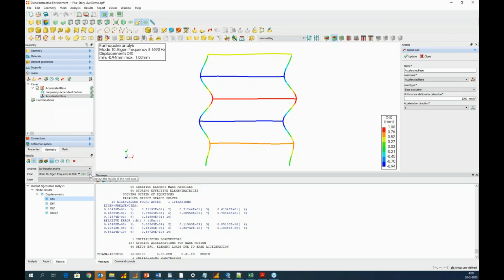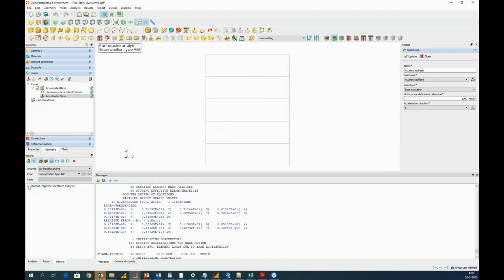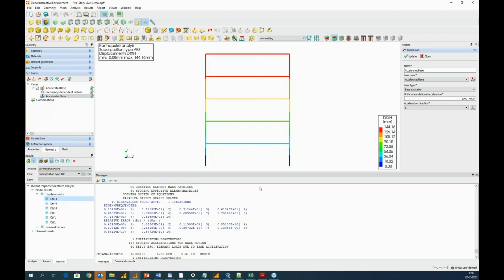Let's now look at the superposed modal displacement, starting with the absolute rule. Here are the results with a maximum displacement of 144 mm. If we look at the SRSS, it gives a little bit lower value.